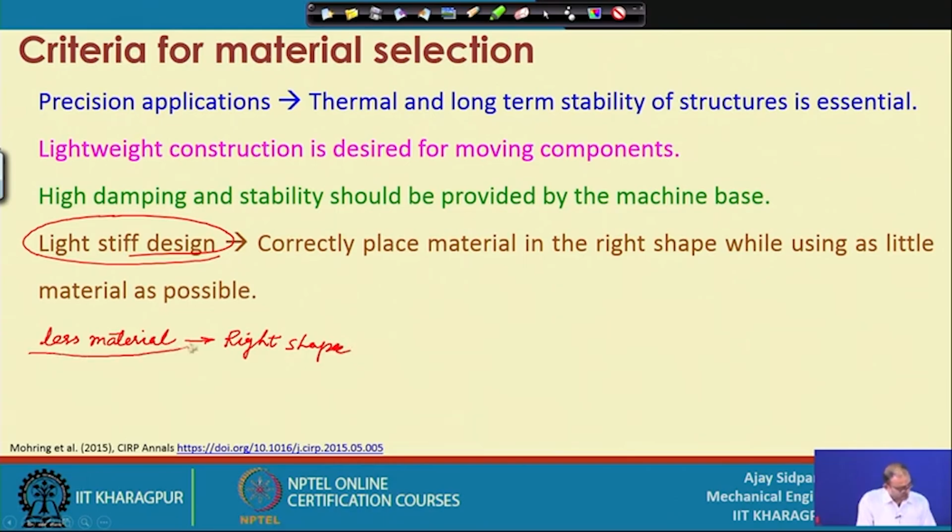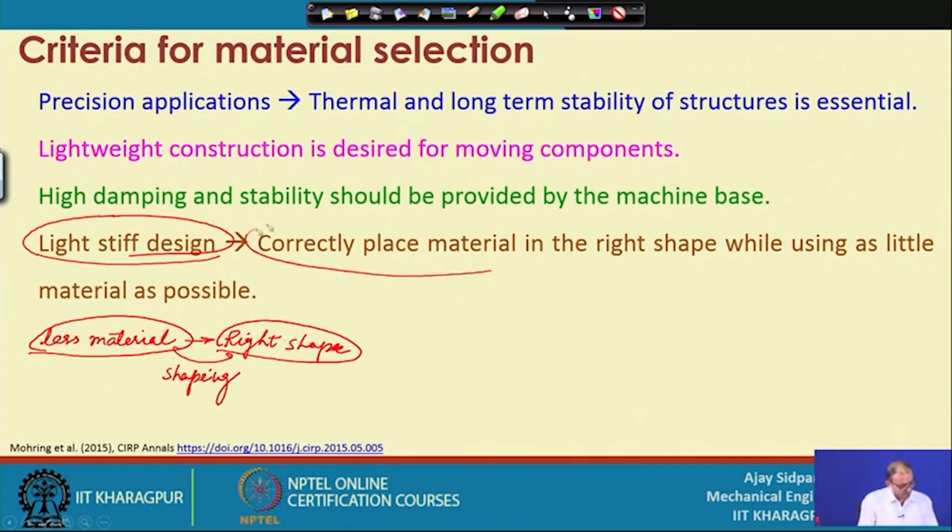First you find out how much material you want to take, it should be less material, then you have to shape it. Then you have to find out what is the right shape for making, that we have seen in the different types of rib construction, correct. So, we have to find out how much less material you can use and what is the shape which is giving more stability, and then where we have to place this. So, then it is a placement,